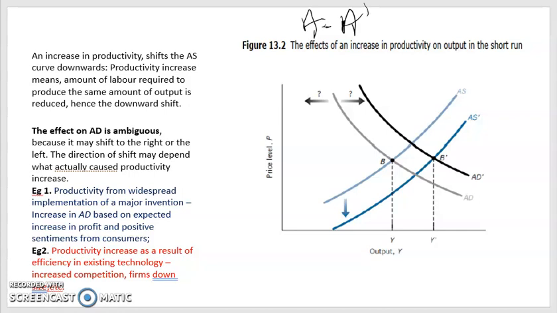We said the increase in productivity would decrease the amount of labor needed to produce a unit of output, and therefore reduce the cost for firms. That is on the aggregate supply side, which will lead firms to reduce the prices they charge at any level of output, and hence the AS curve shifts downwards to a new aggregate supply curve. However, on the AD curve,